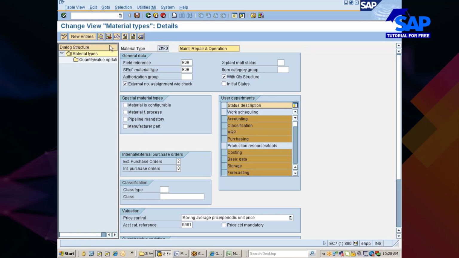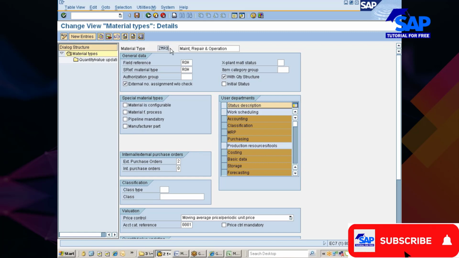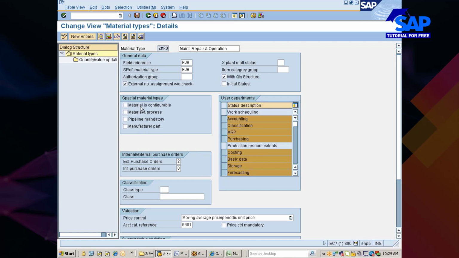So here, if you want, you can create your own field reference. I think yesterday I created some field reference for the industry sector.